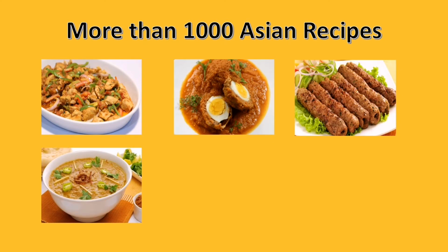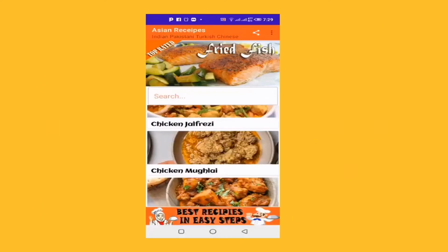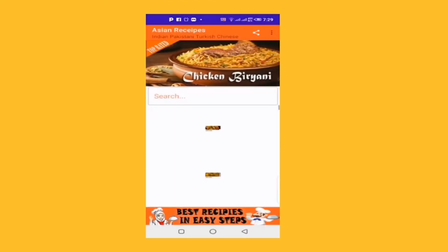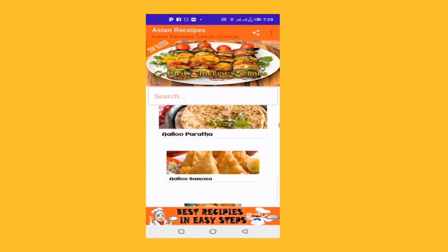Welcome to the Asian Recipes app, where you can find thousands of Asian recipes, delicious, very tasty, in one single application. So it's a very easy app. You just need to download the app and launch it. You can click on the icon and browse thousands of recipes, or you can just click on any of the recipes